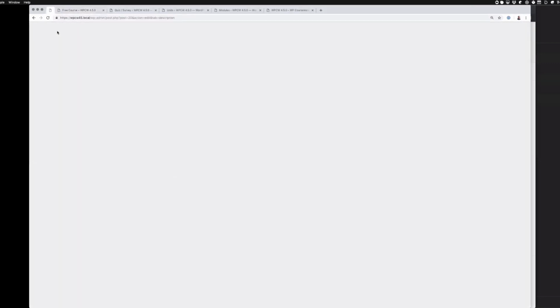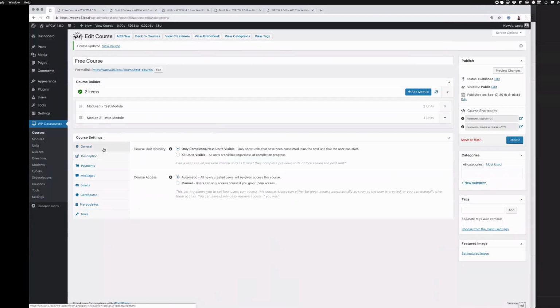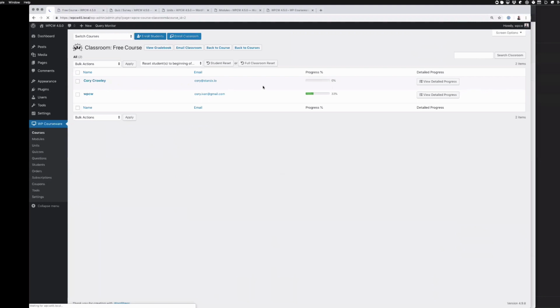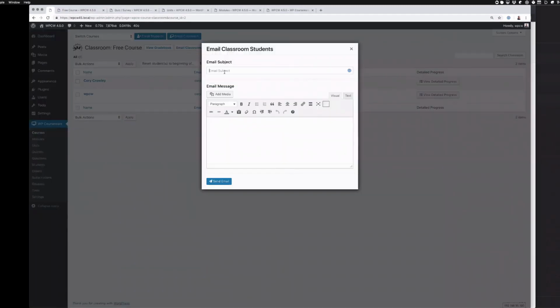Right. And while you can't automatically notify a student, you could manually send a classroom email if you add new content, right? That's right. So if you go to View Classroom and notice that I have 2 students enrolled, what you could do is go up to this little button and say Email Classroom and say new module available. You guys, new module available, and you could put in the link. Thanks. Send this email,